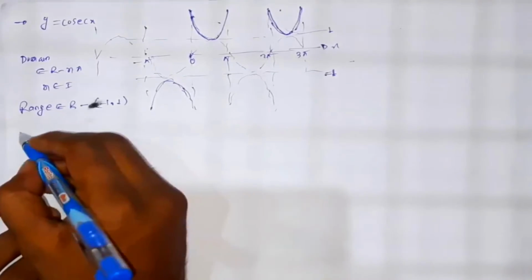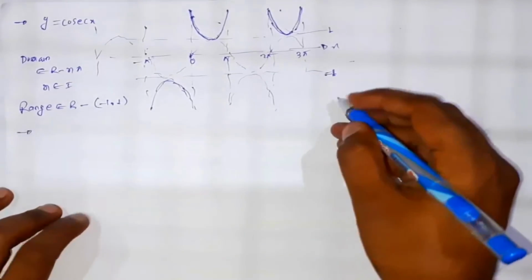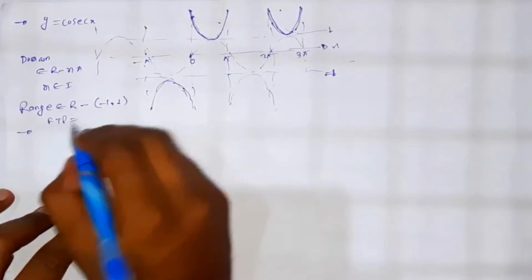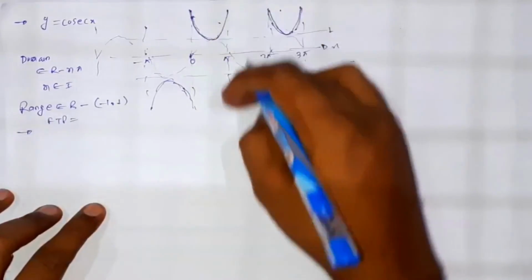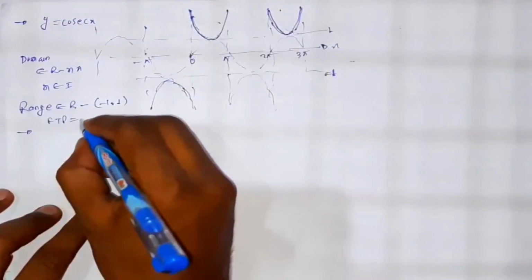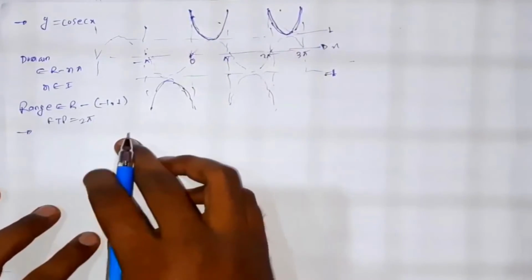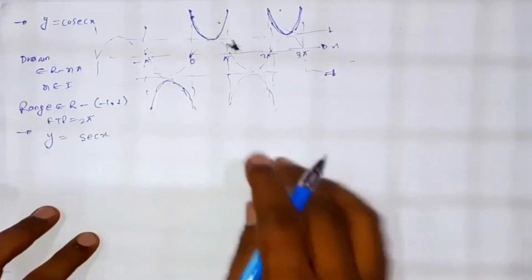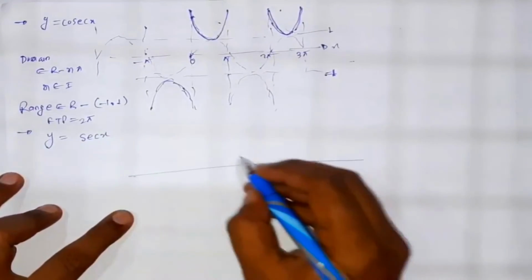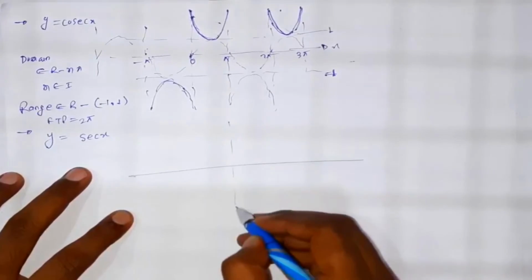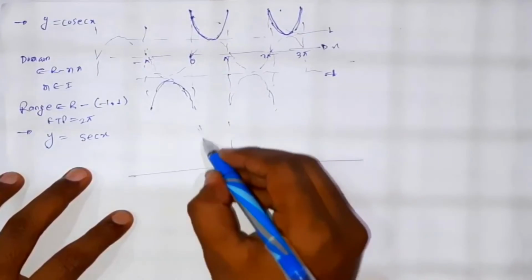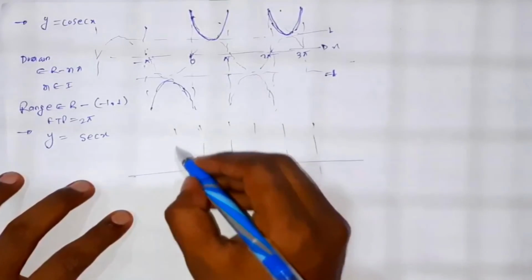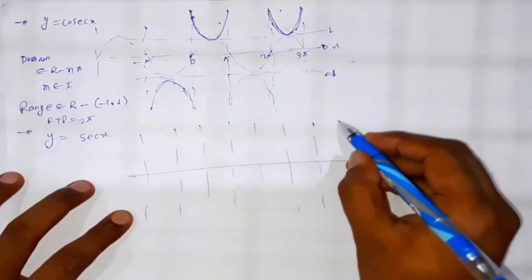Now, here we can say the fundamental time period of this function will be this portion, and this portion will repeat itself. Again it will be 2 pi. Now we will go for another function, that is sec x. To draw the graph of this function sec of x, we will simply draw the graph of cos x, like the above function.